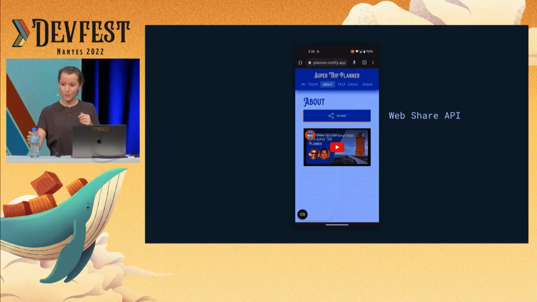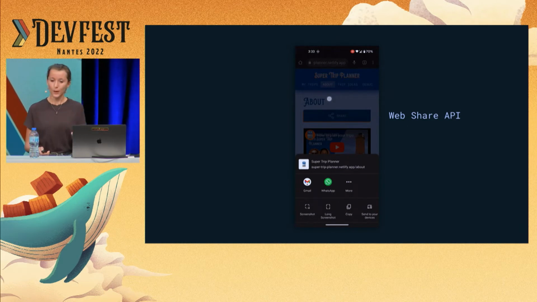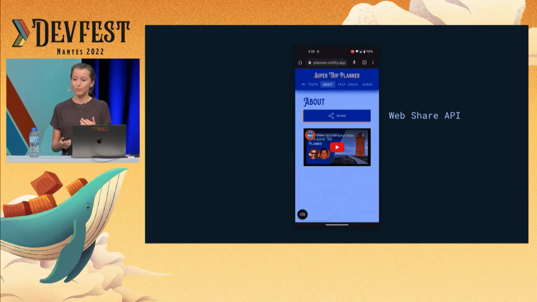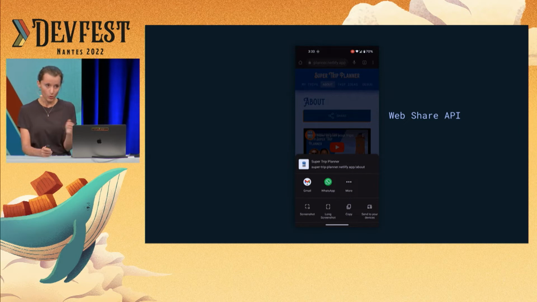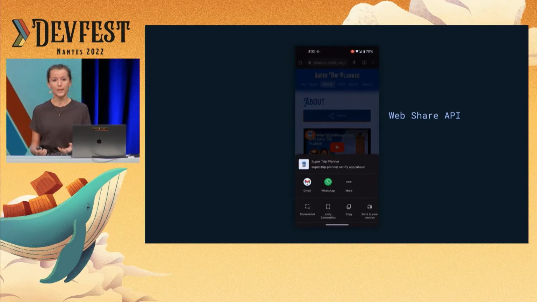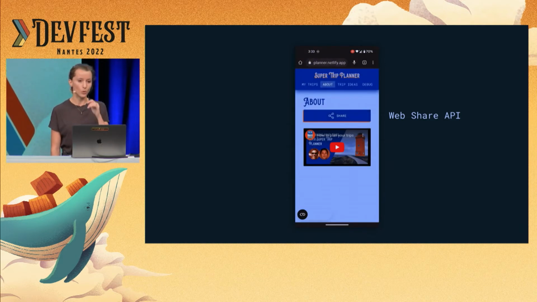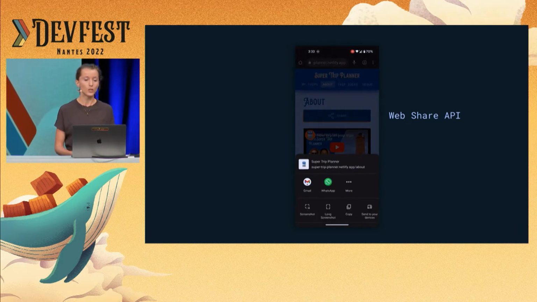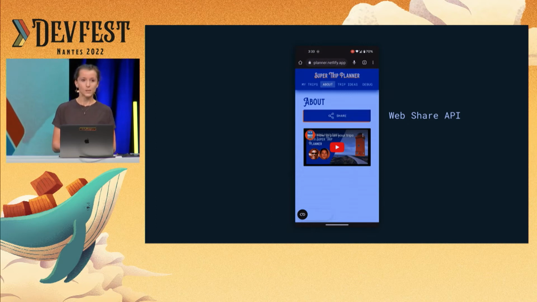So this is our little demo site, Super Trip Planner. And here I'm using the Web Share API. With this API, what users can do is they can share links, but also text, with other apps that are installed on their device, and they can do that in a way that looks native. So if you're an Android user, that little banner that comes from below is going to look native to you. And on iOS, with the Web Share API, this is going to look native as well, but native different because it's native iOS. So I thought this makes for a nice user experience, especially on mobile.